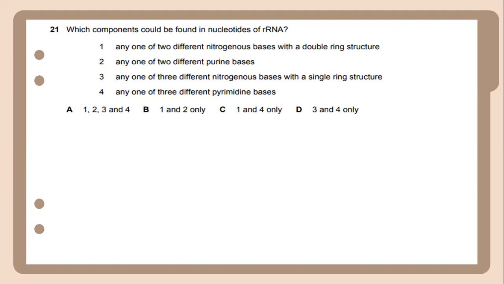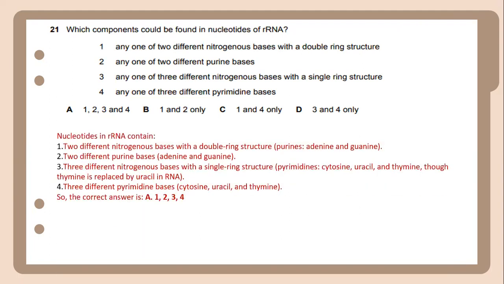Which component could be found in nucleotides of rRNA? Nucleotides in rRNA contain 2 different nitrogenous bases with a double ring structure, which are the purines, adenine and guanine. Number 2 is the adenine and guanine, and number 3,